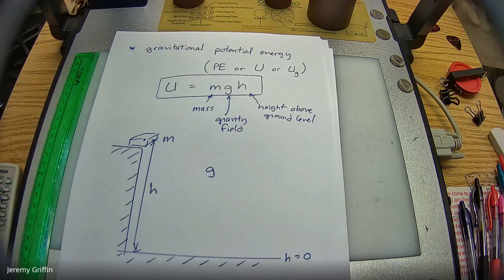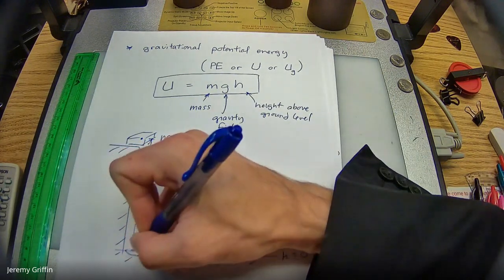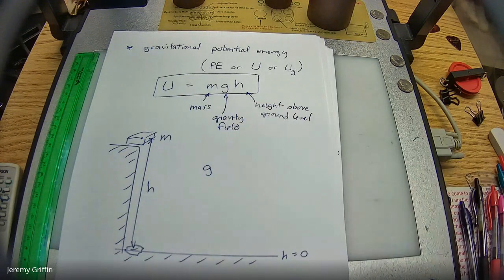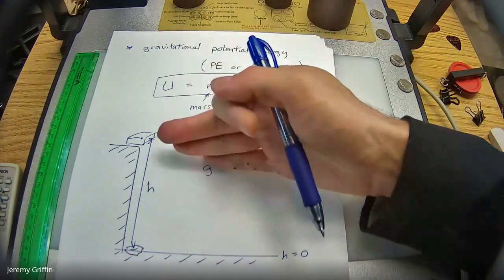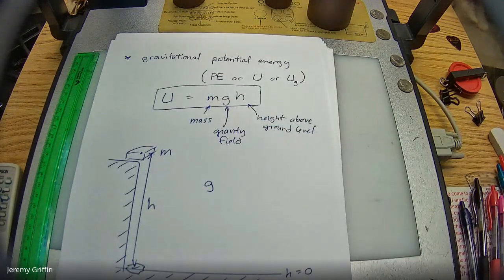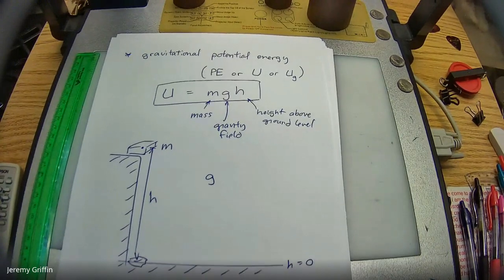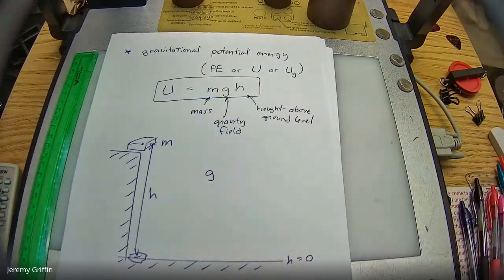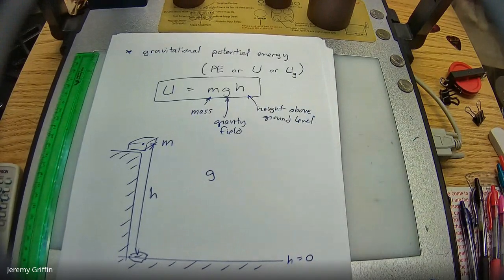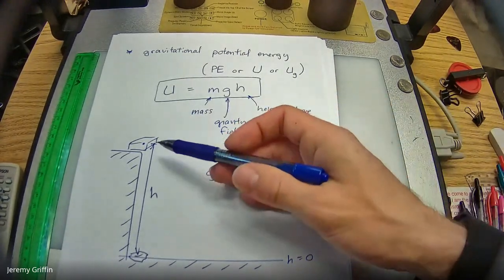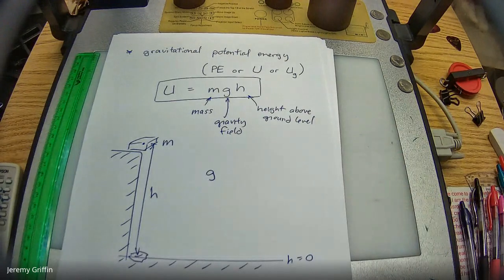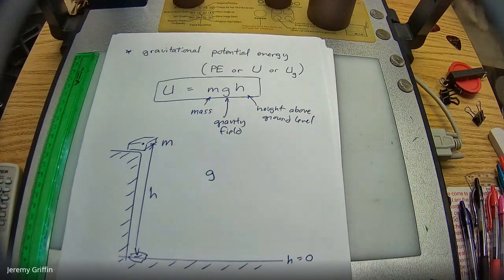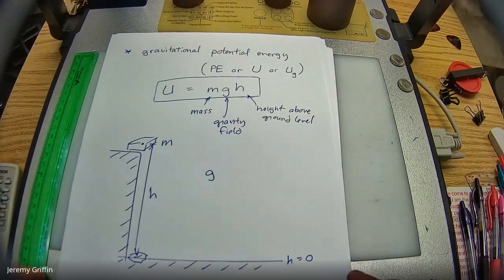Except, what if I dug a hole right here? Isn't there a whole floor beneath us? And what if this book instead fell through that floor and went several meters down below? So it's not just a height drop of 1 meter. Now it's like 4 or 5 meters, something like that. That would mean that the potential energy would be a completely different number. Not by touching the book or doing anything to the book, but just by digging a hole right there. So how is that internally self-consistent? How does that work?